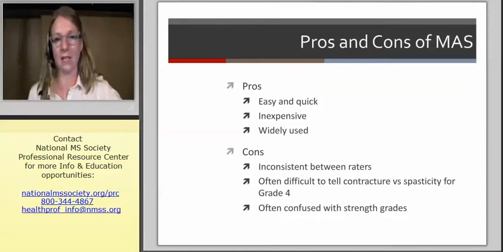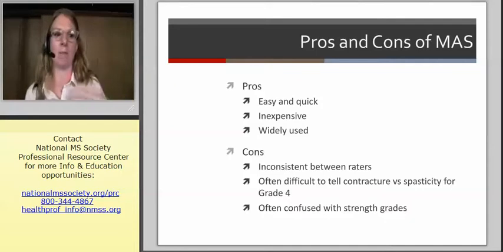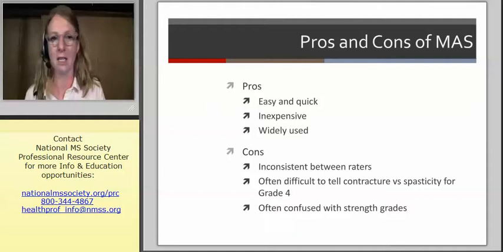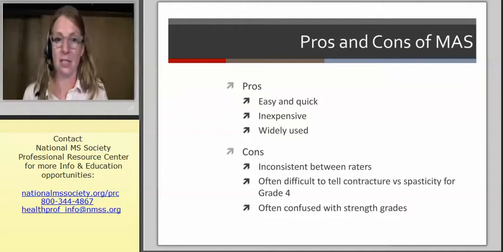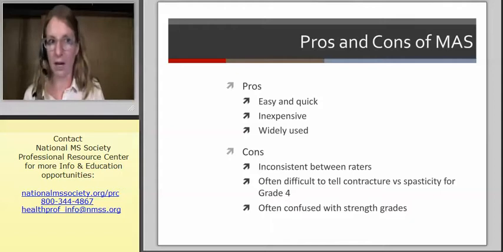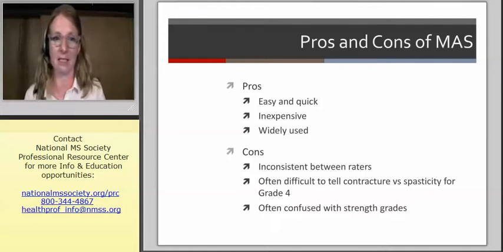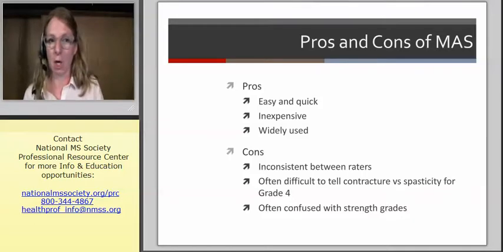Even within our own office, I can measure once, and the PA or the physician can come in and measure, and we're going to grade it a little bit differently, especially down at the lower end, the 1 pluses. The difference between a 1 plus and a 2 sometimes, or a 1 and a 1 plus. It's also very difficult to tell the difference in contracture versus severe spasticity at a grade 4. A lot of times I think someone has a contracture and then we do another intervention and it turns out it's just spasticity. So it's really hard to tell at the very low ends of the scale and then the